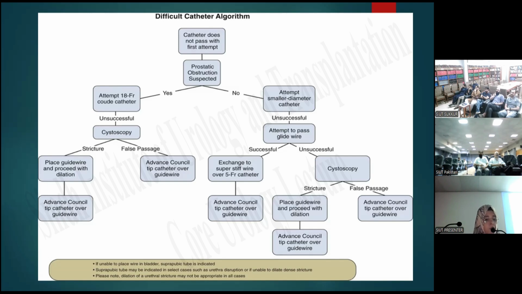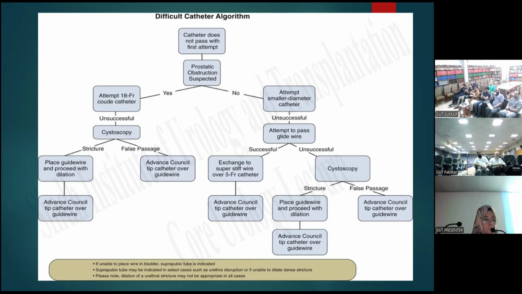I previously told you the reason why 18 French Coudé tip catheter. If that went unsuccessful too, then cystoscopy is performed to traverse the false passage, and then you keep the guide wire and you pass the Coudé tip catheter over the guide wire. And in case of the stricture,